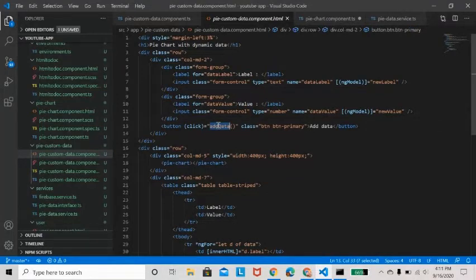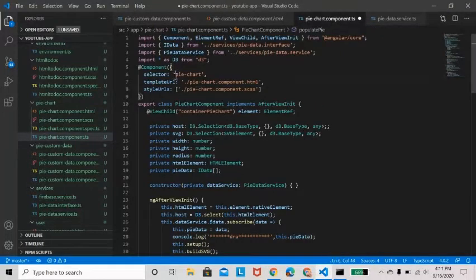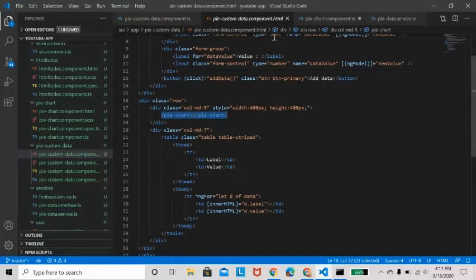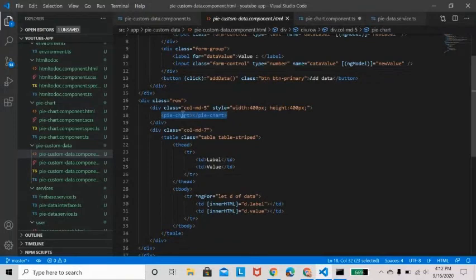This add data method will add new data into our array. Once it's done, we are showing our pie chart here. This pie chart tag element is rendered because of this pie chart selector. We have two components: one named pie chart and another named pie custom data. In the pie custom data component, I have included my pie chart component.